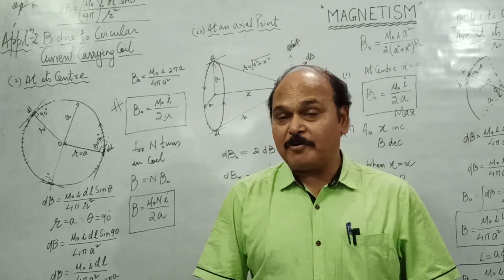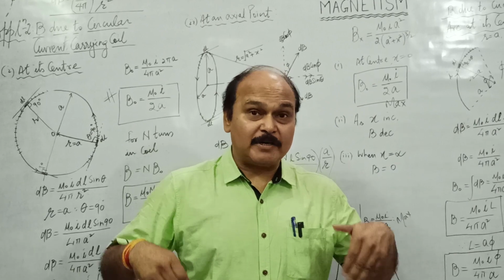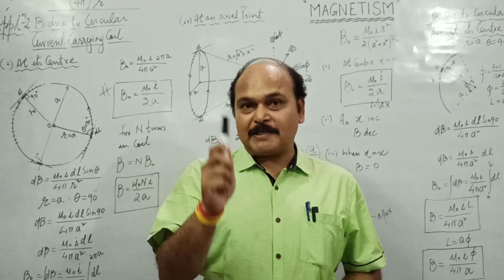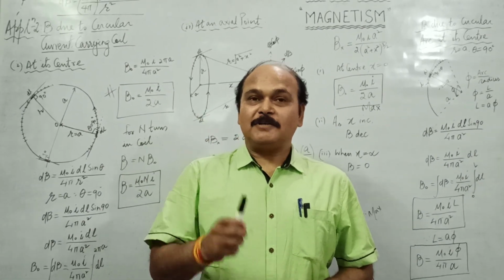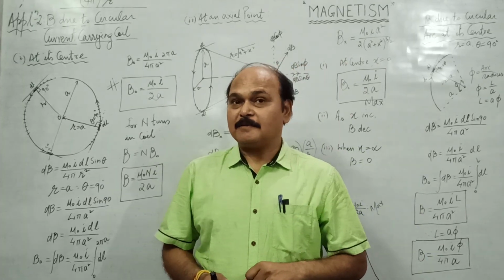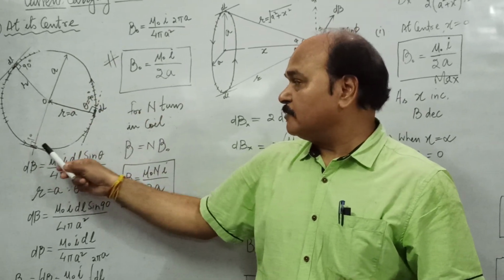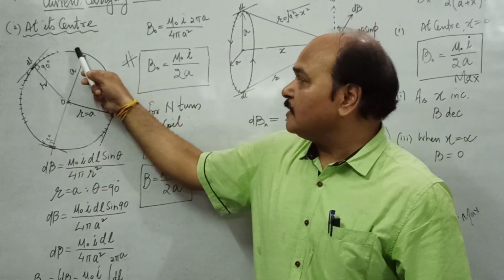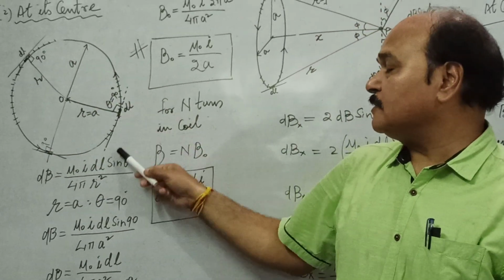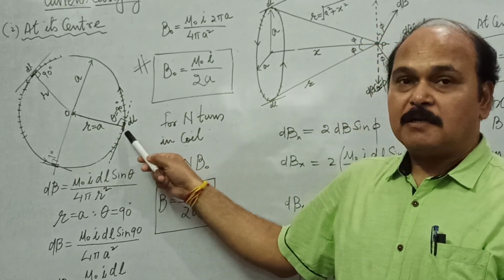Whenever we find the magnetic field because of any current carrying coil at any point using Biot-Savart law, we have to create conditions conducive for its application. For that, we divide the whole conductor into an infinite number of infinitesimally small lengths dl each, and that is what we do here. This is a circular current carrying coil. We divide it into infinitesimally small current carrying conductors of length dl each, and if we join dl with point O where the magnetic field is to be found, we get R.